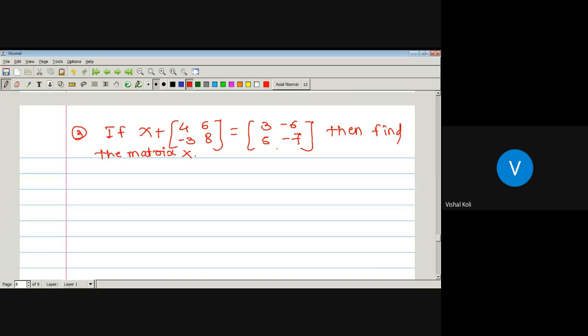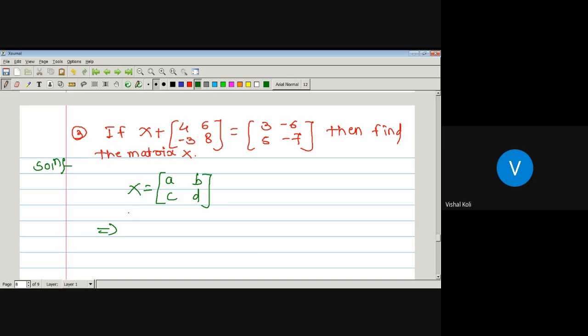So, solution. Now, as we know, two matrices are conformable for addition if they have the same order. Here the addition of this matrix X and this 2 by 2 matrix is possible. It means X must be of order 2. So capital X is of order 2, and let us take its elements as A, B, C and D, since we have already used the symbol X. So A, B, C, D are the elements of the matrix capital X. Now just write this matrix ABCD in place of capital X.